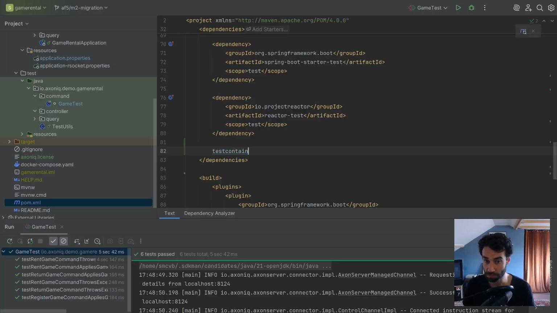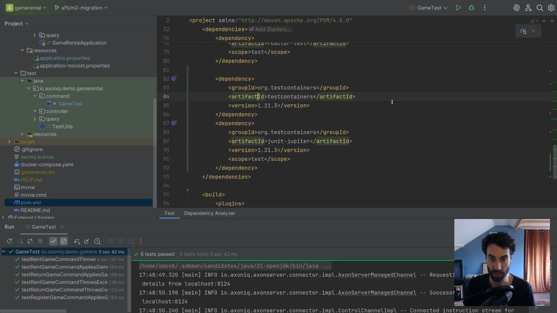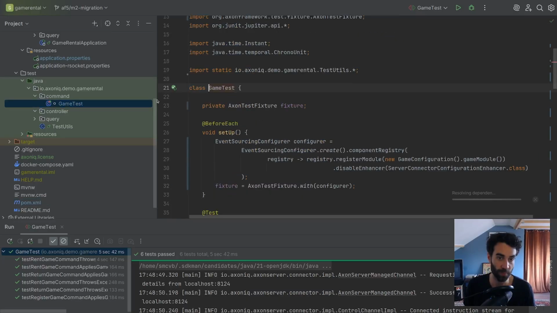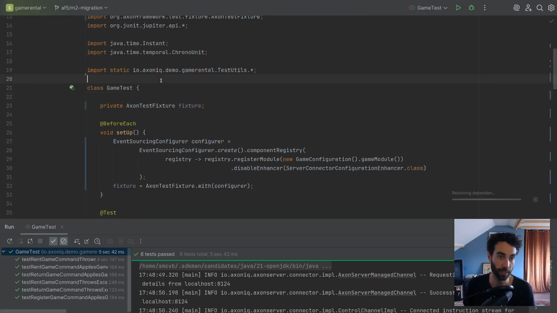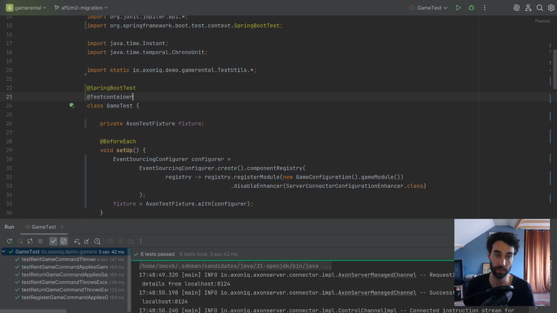Okay. Please? Yeah, okay. My machine is really tired of all the work it is doing, I guess. So we got our game test. We should have the stuff in place to make this a Spring Boot test. Yes, nice. Gonna add test containers to it. There we go. We're gonna add an auto-wired